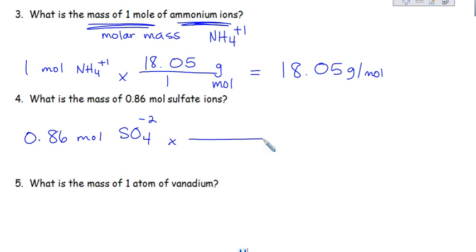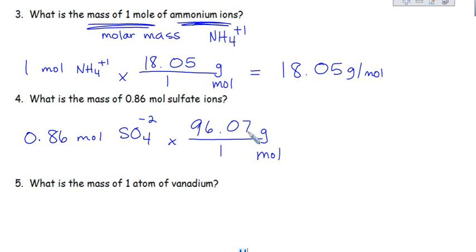I'm going to set up my proportion to cancel moles. What is the mass? Mass on the top. Oh, I can do this. I'll find the mass on my periodic table. It's the mass of 1 mole. I need sulfur plus 4 times oxygen. And that's it. The minus 2 charge means that I have 2 extra electrons. But again, the electron mass is so small that it doesn't change my overall molar mass. So if I add sulfur plus 4 oxygen,